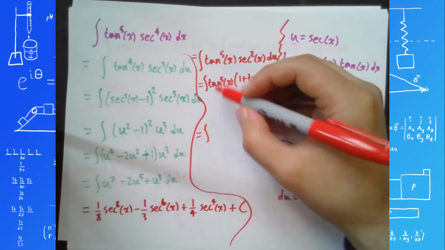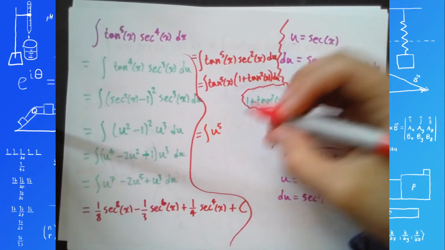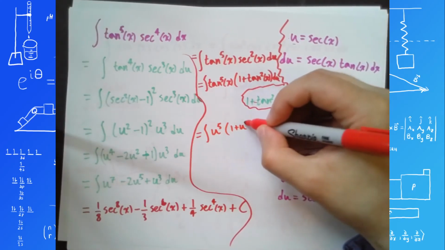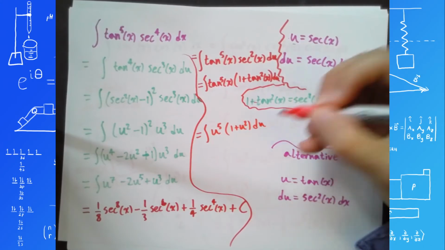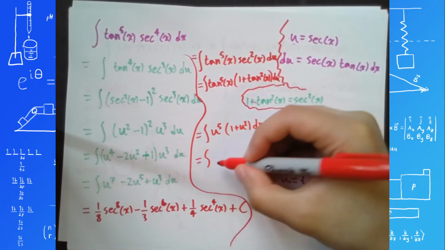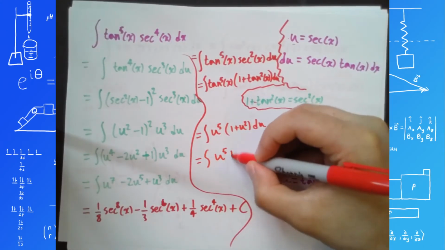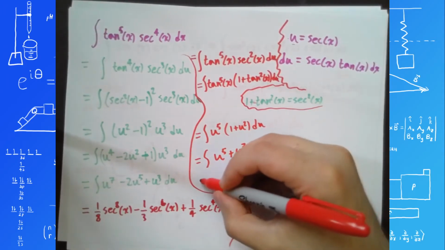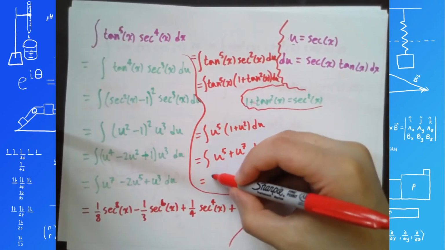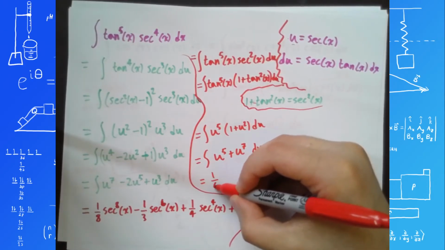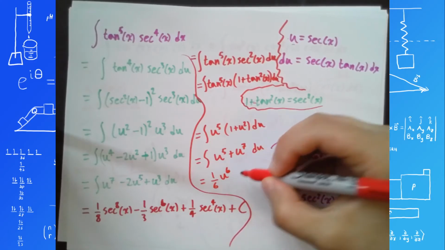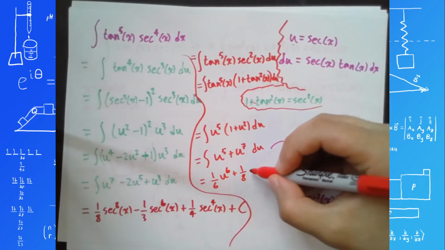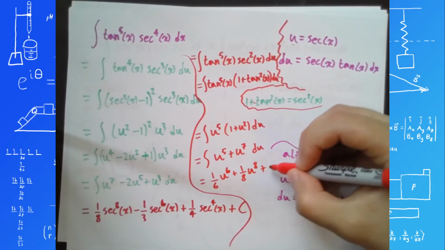We can say tan to the fifth is u to the fifth times 1 plus tan squared is 1 plus u squared du. Distribute u to the fifth. That's integral of u to the fifth plus u to the seventh du, which becomes 1/6 u to the sixth plus 1/8 u to the eighth plus c,